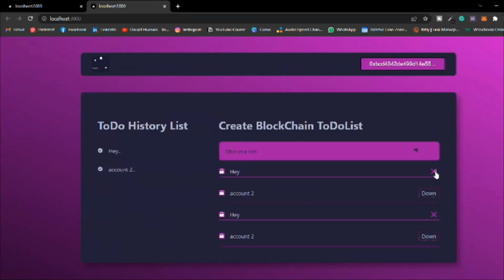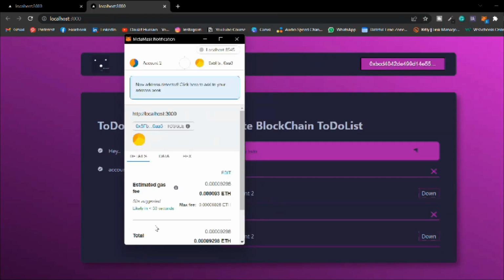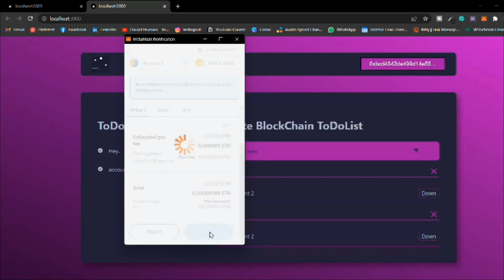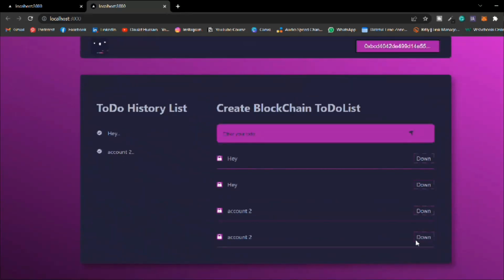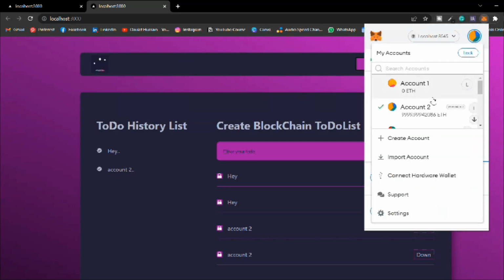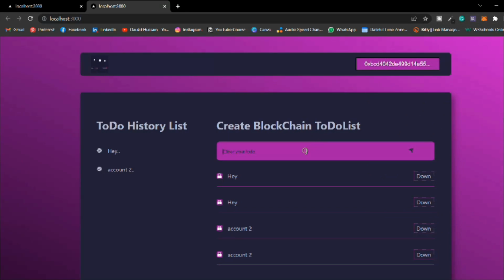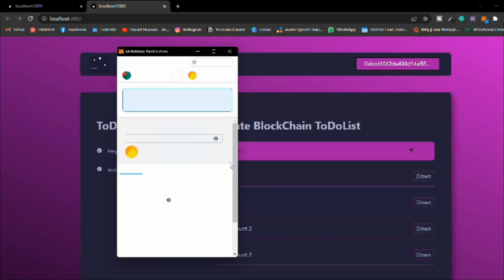Let's click on this and let's try to call the change functions, and here we are interacting with the smart contract. Click on this confirm, and let's reload the page. Things are working fine, looking good. Now let's do one thing, change the account, and let's come here, pick another account, and let's type the message. So I'll call it account 3. Call the functions, and here we have the MetaMask. Click on confirm,